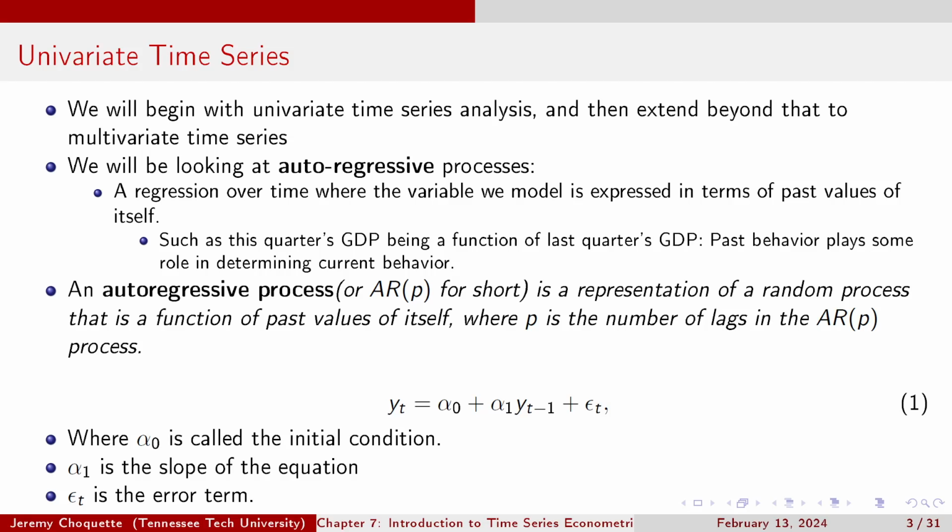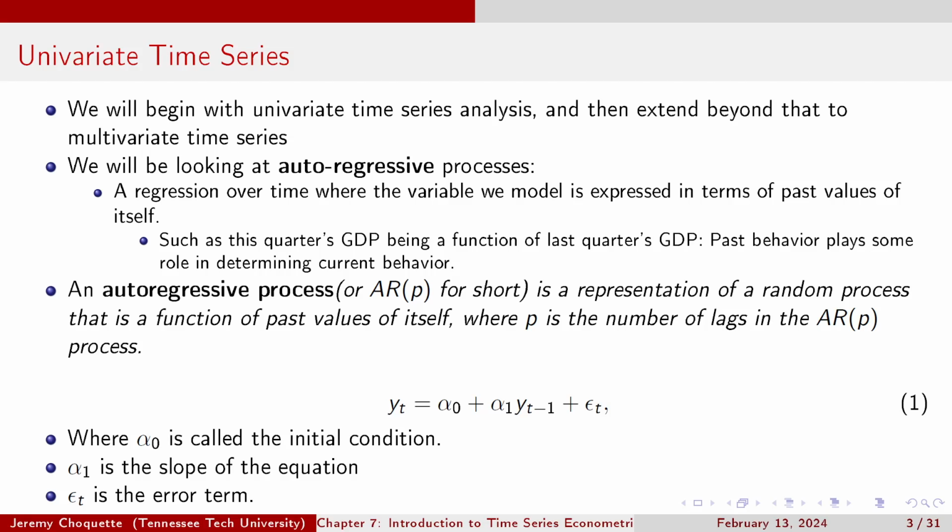So for an autoregressive process, you have this regression, this relationship between two variables. But the two variables I'm looking at are really just the same variable, at different time periods. So if you're looking at, say, an AR, an autoregressive one process